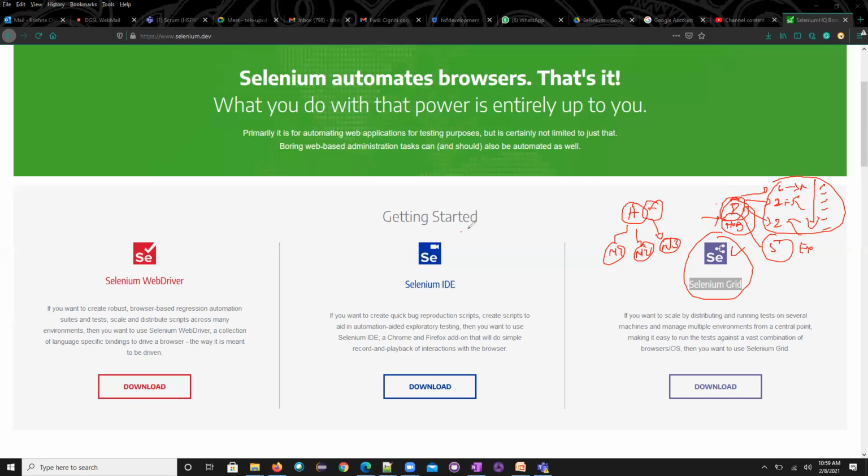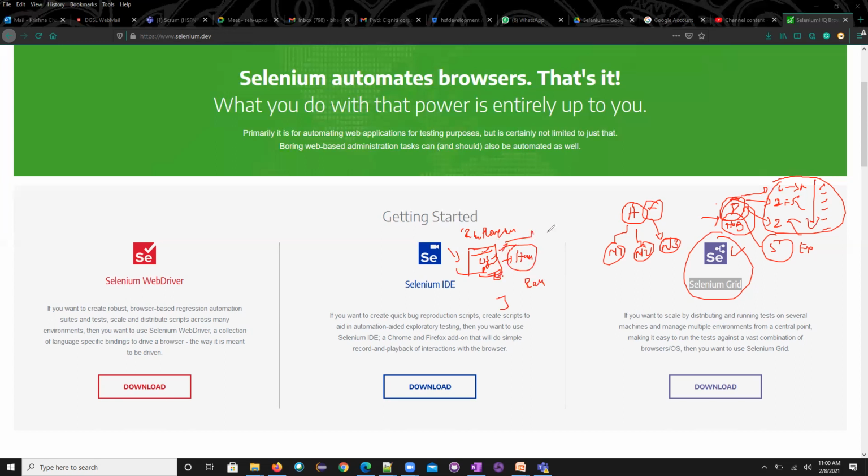And Selenium IDE was a complete record and playback. Record and playback means, for example, previously we used to have cassettes, and we could record our voice and then play back what we had done. In the same way, once you click the record button, you open a browser, navigate to a URL, go to the login page, enter the username, enter the password, and click the login button. As soon as you click login, you go to the home page. This is one test case we have written, right? Now if you replay it, the same actions will once again open the browser, navigate to this URL, enter the username, enter the password, click the button, and go to the home page.